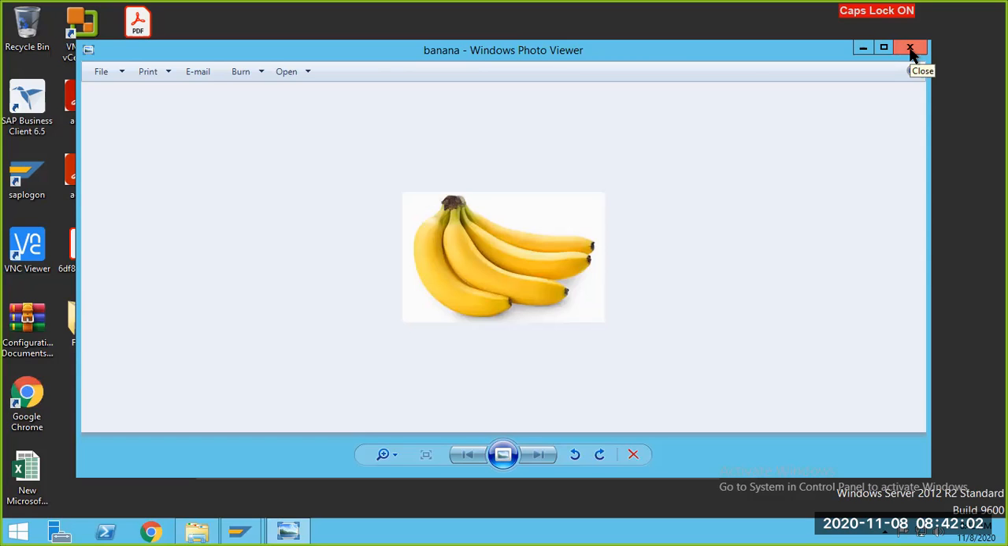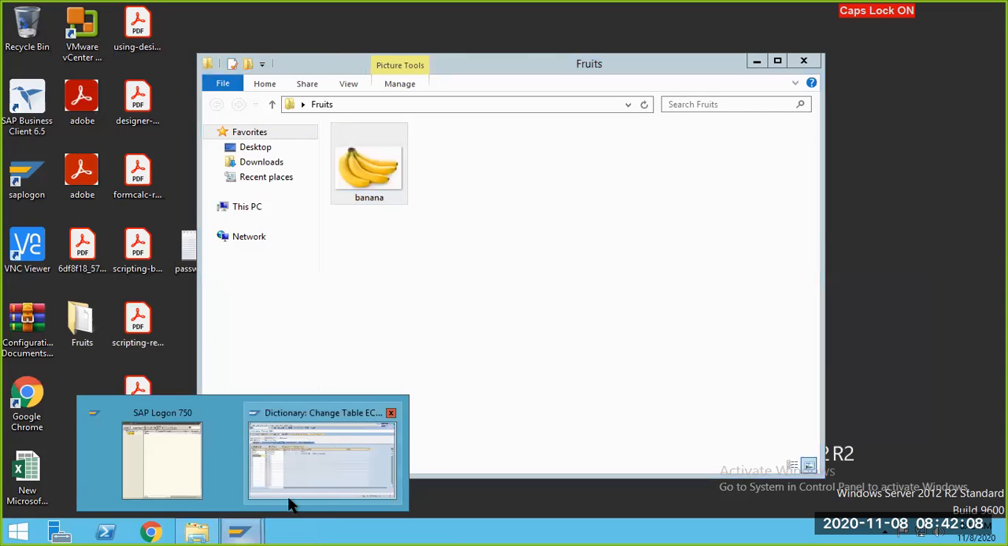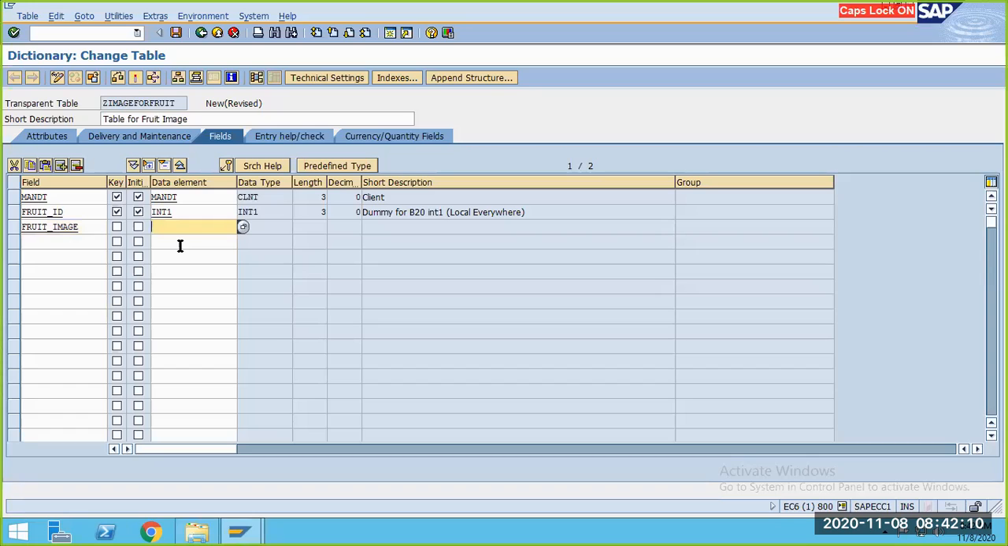But on the data dictionary level, the data type is going to store in the XML format with hexadecimal string. XML format with hexadecimal string, generally we store with the data type raw string. So in a simple way, let's understand that if we are going to create one table and